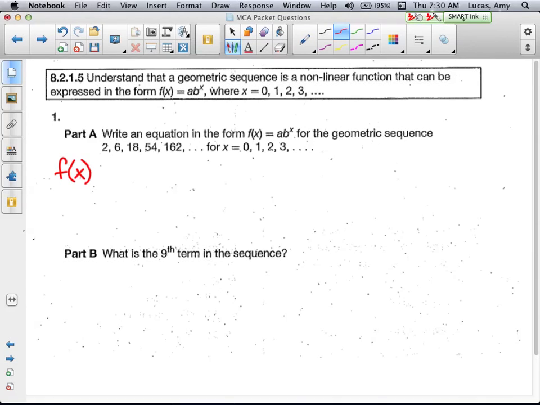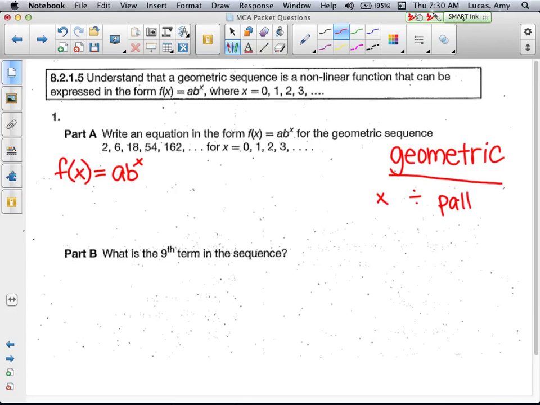So nonlinear, geometric sequences have patterns that involve the same number being multiplied or divided over and over. So multiplication, division patterns, not adding, subtracting anymore. And these are a little bit tricky to work with. When you have the same number being multiplied or divided over and over, we think about the term common ratio,